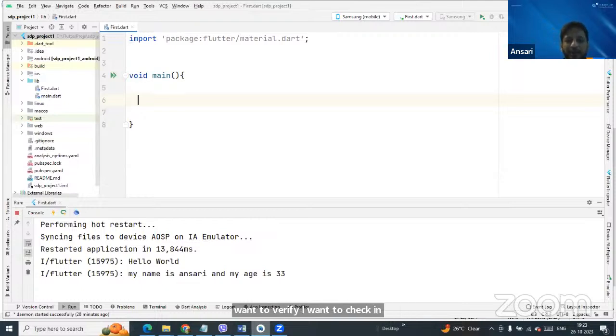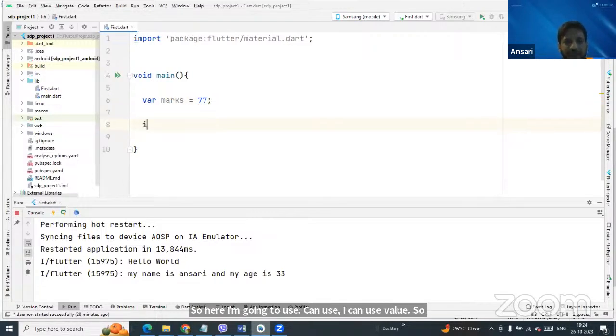For example, I'll say marks. Marks is equal to, for example, I give 77. Some marks I've given. So here I'm going to use var. I can use int, I can use var here. So I'll use var here. Now I'll check if the student